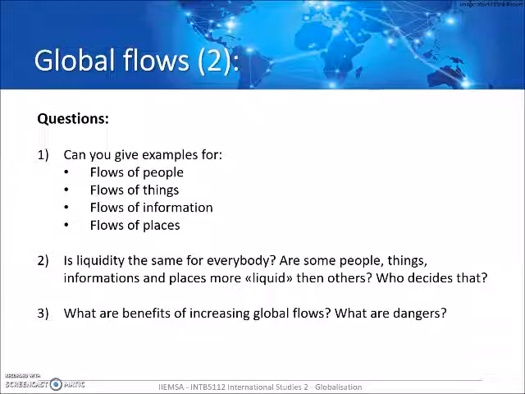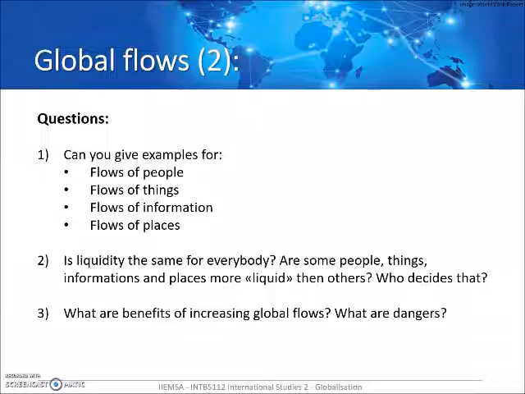It's the same with things. It's the same with information, right? Let's say you grow up in a rural area with very limited to no access to internet. You're going to have very limited access to information or even to things because you're not going to be able to access online education, information, or online jobs. So your mobility in terms of how globalized you as a person can be, or even how globalized your area can be, can be very different, and it's influenced by a lot of different factors. Those factors are what we'll look at, what we basically call structures or barriers.